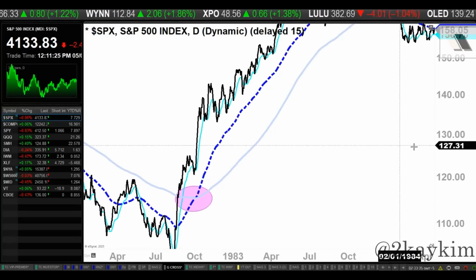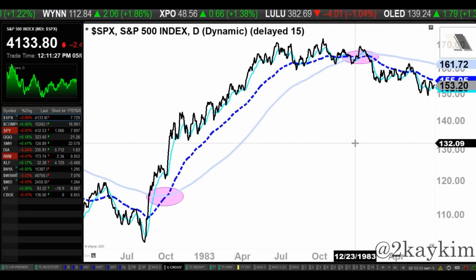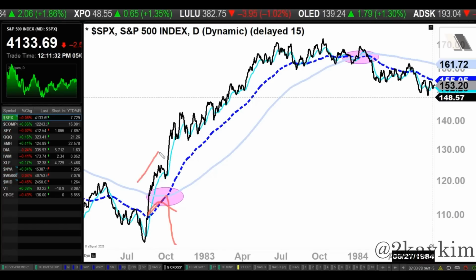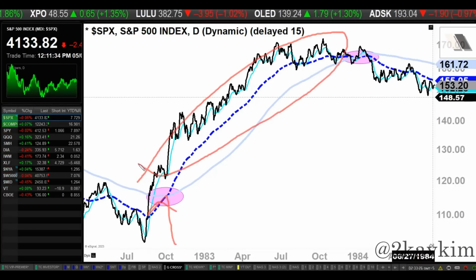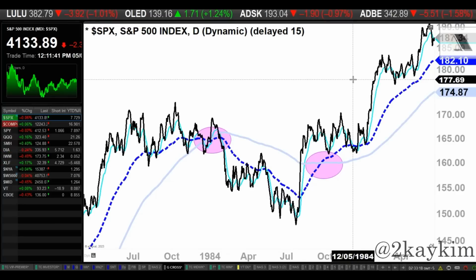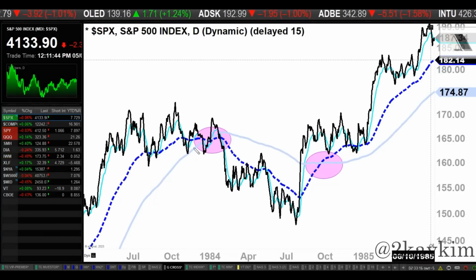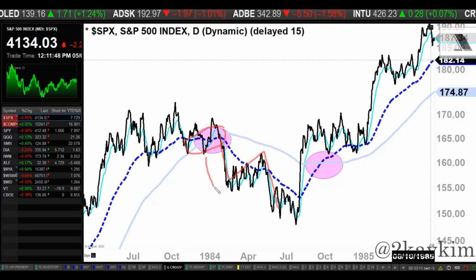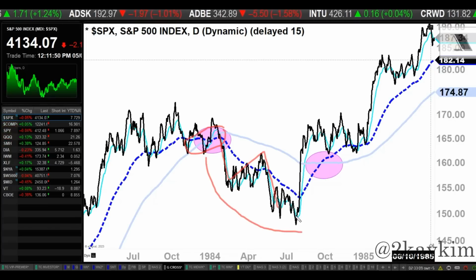And then here comes the 1980s, and we have good market returns, the bull market returns. So what happens is we see a golden cross here. You can see a very strong bullish move that lasted a little bit more than a year or so. And when that secular bull market started in the 1980s, we did see that golden cross, and we do see a little bit of pullback a couple of times here, but it's not like in a secular bear. So we do see a correction, I'll assume 20-some percent or so, and then the market gets right back up.